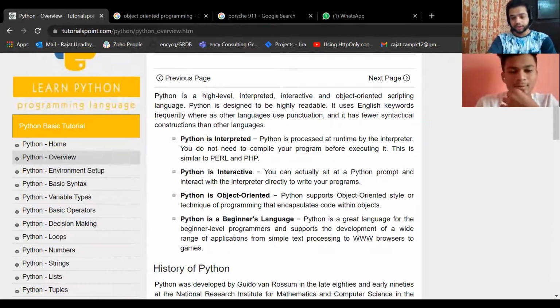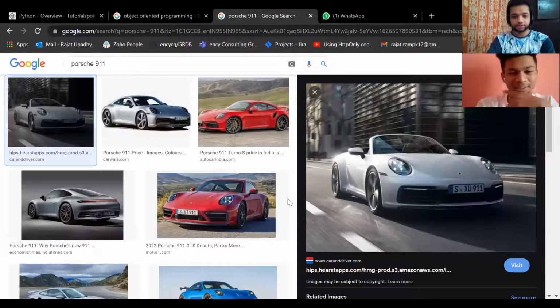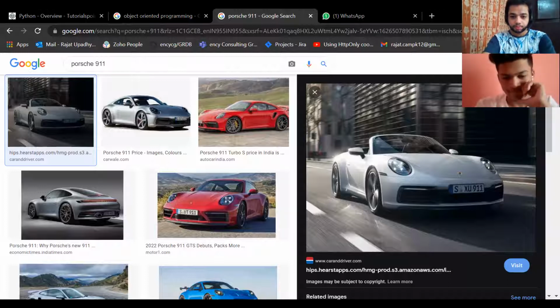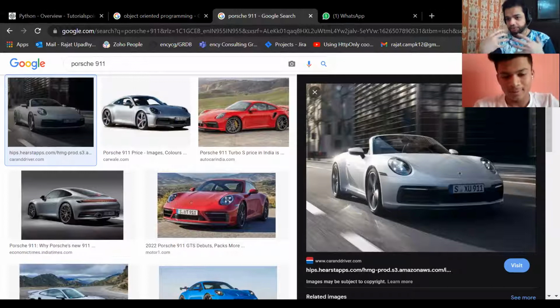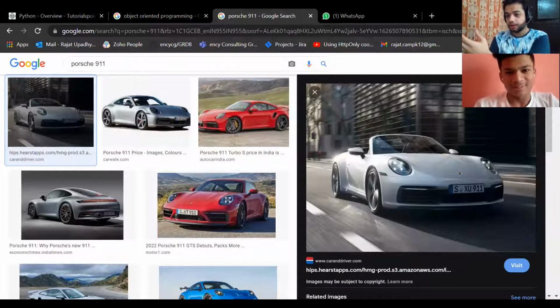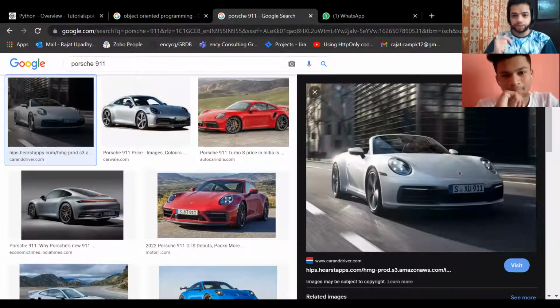Let's look at that example. Let's say I want to buy a car. What was the name of the car? Porsche 911. Okay. So let's get a shape here. So we have this Porsche 911, right? What is Porsche 911? Porsche 911 is a type of car, and a type of vehicle. Yes, it is a type of vehicle and it is a type of car, right?